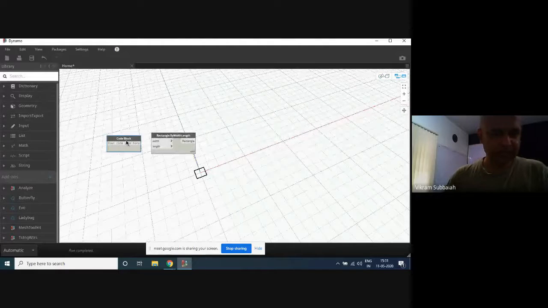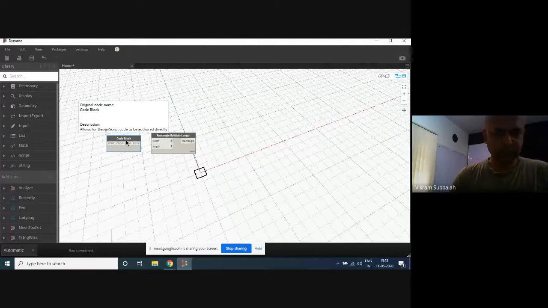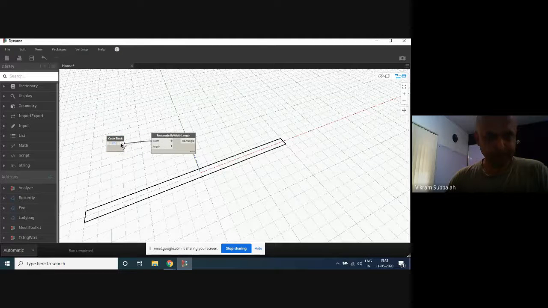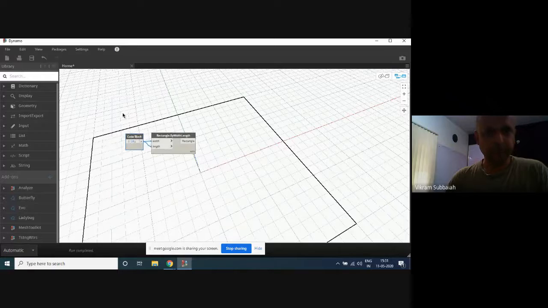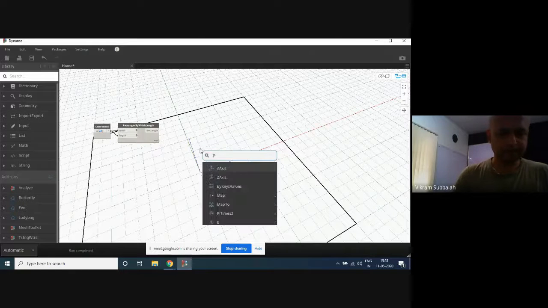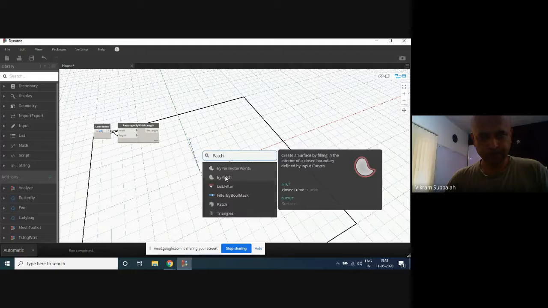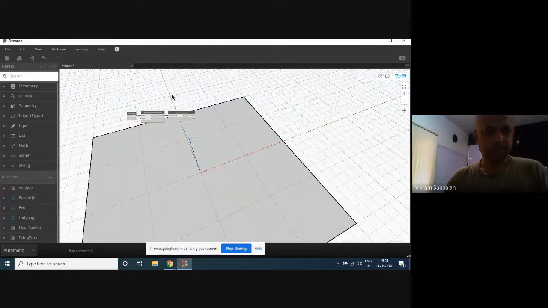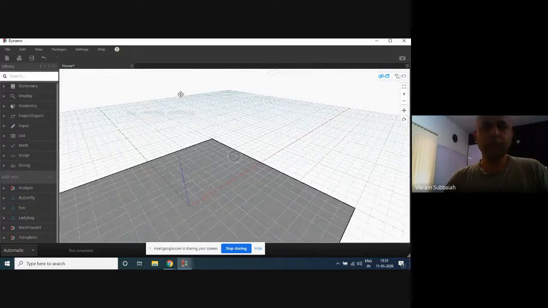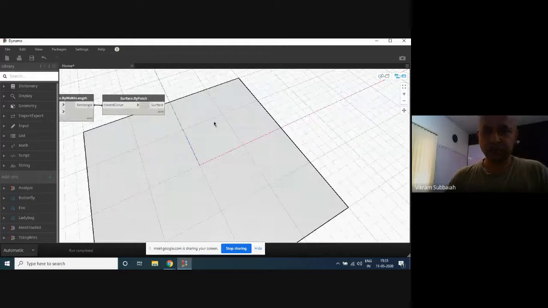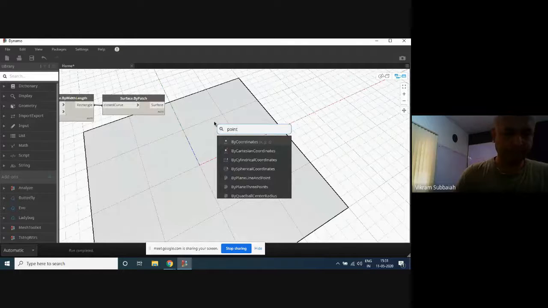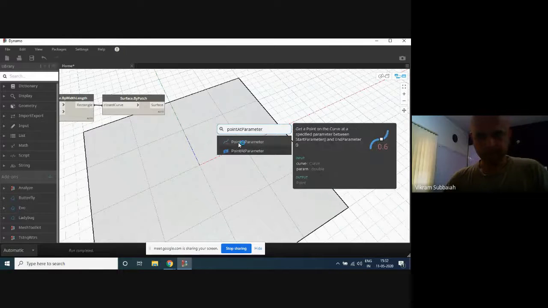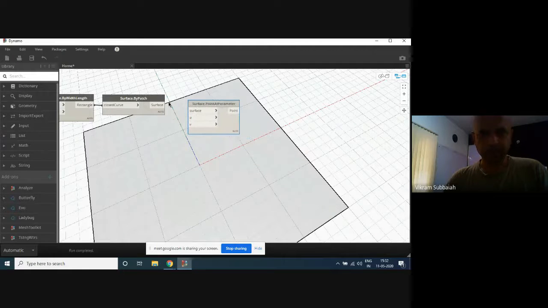Okay, now here I'll say this is 20, and I'll say patch. Now what I'll do here is look for the point by parameter.